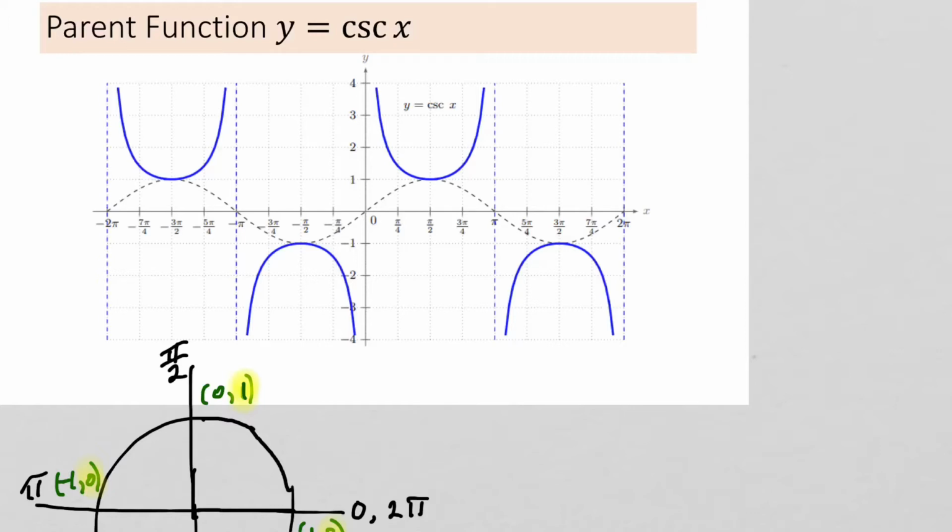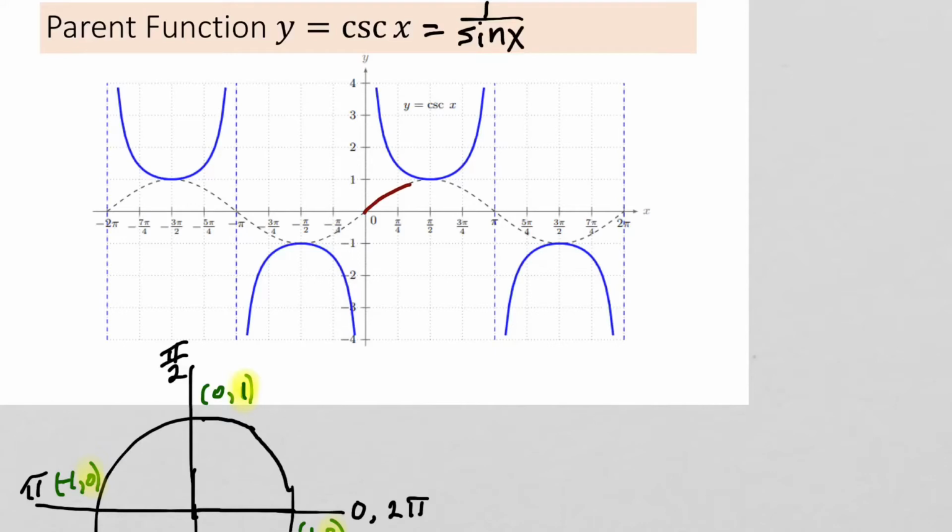So in order to construct these blue segments of the cosecant graph, we first graph the sine of x. And the reason we do that is because we can use that to figure out where these blue parts lie on the xy plane. So the cosecant of x is 1 over the sine of x. All right? And so if I look at this dotted section